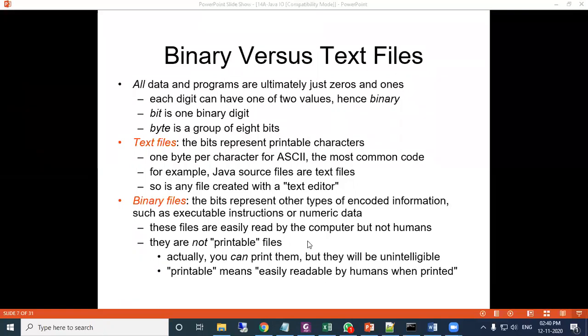Then your operating system executes that. So these files are easily read by a computer but not humans. We cannot read the contents of binary files. They are not printable files, because these are not character files. Normally the executable program is a binary file. Executable files are binary files.